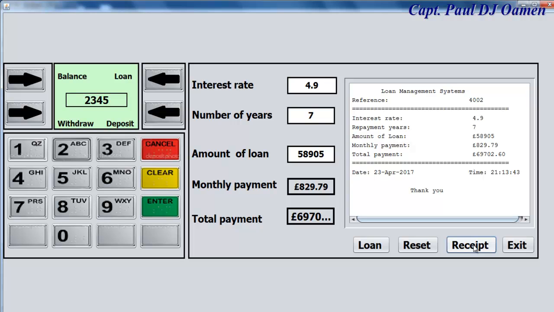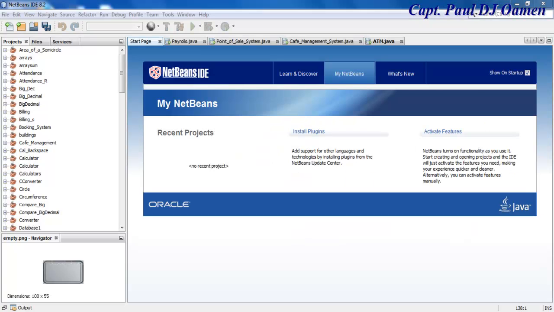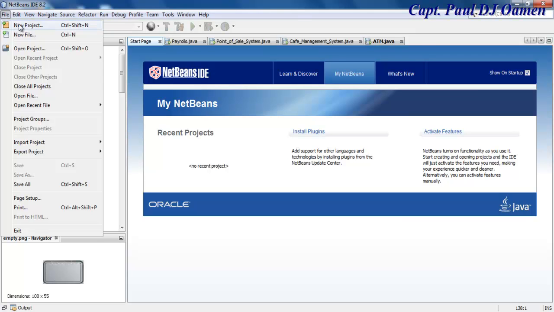So what I will do now is take you guys straight into the Java NetBeans development environment, and we put one of these together. So let's do that now. Hi, welcome to the ATM system to be developed in Java NetBeans. I'm going to start by clicking on File, New Project,